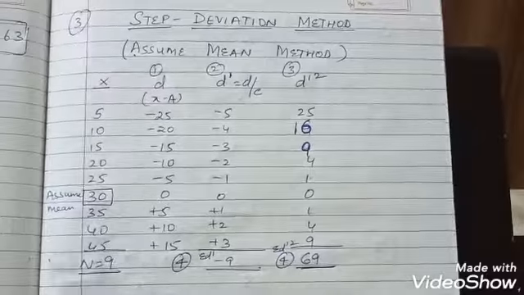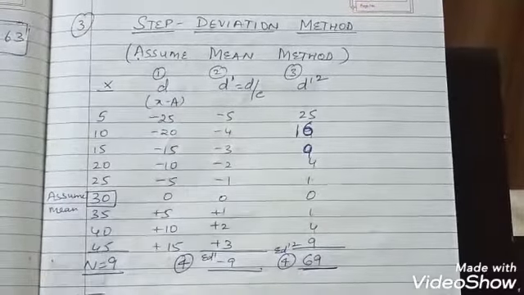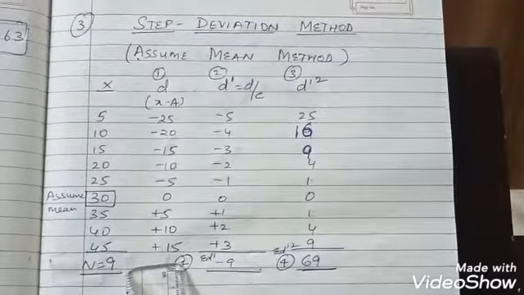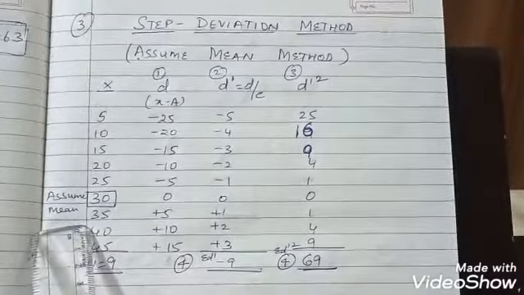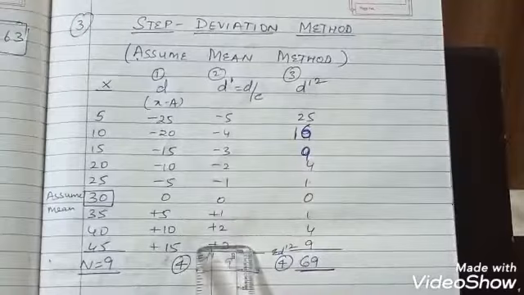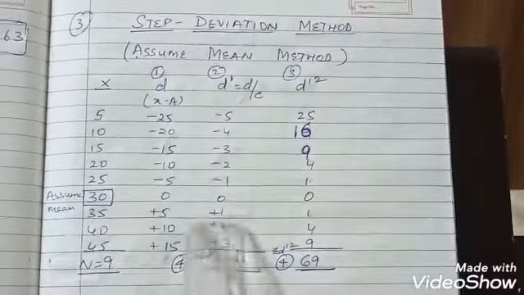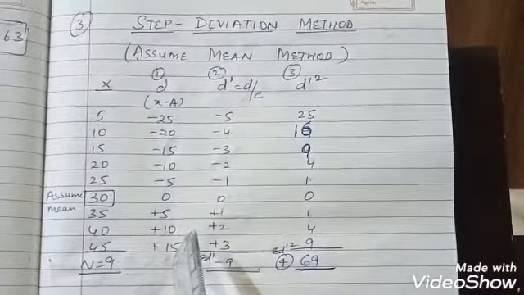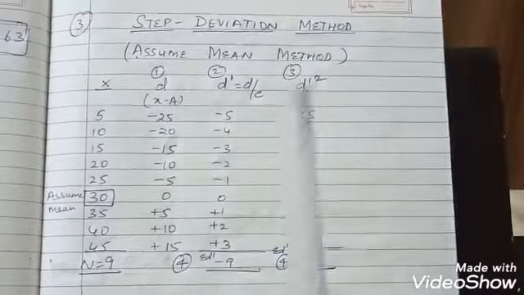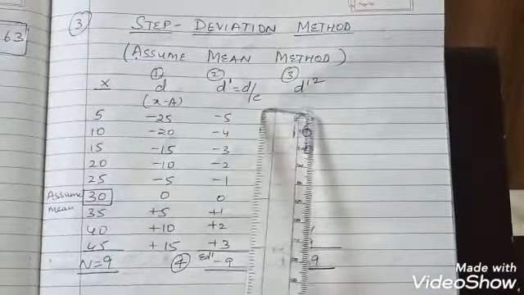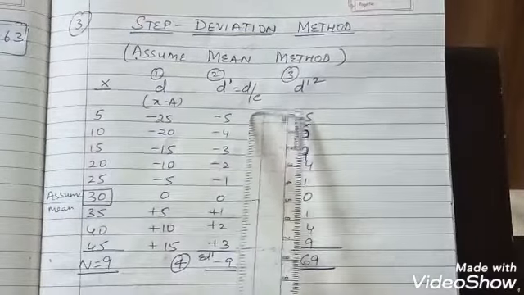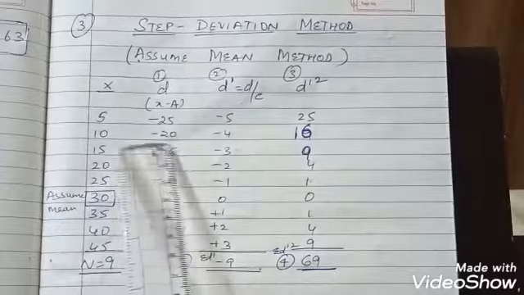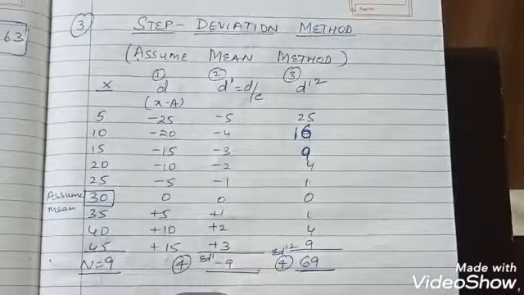You will be having step deviation. This is the numerical, right? This is the x column given to you. पहला column तुम्हें पता है d कैसे निकालना when assume mean is given. We go a step ahead. हम d dash निकालते हैं. d dash मतलब हम यहाँ एक common factor देख लेते हैं. यहाँ ये सारी values are divisible by 5. So 5 becomes our c, that is common factor. You can even call it I, doesn't matter. So 25 divided by 5 is minus 5, 20 divided by 5 is minus 4, and so on.